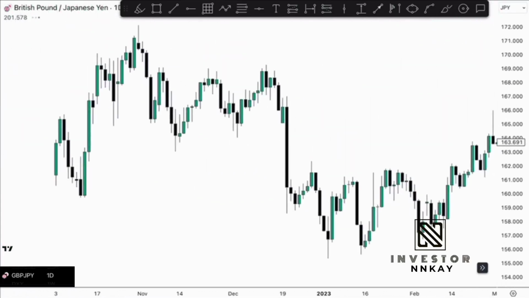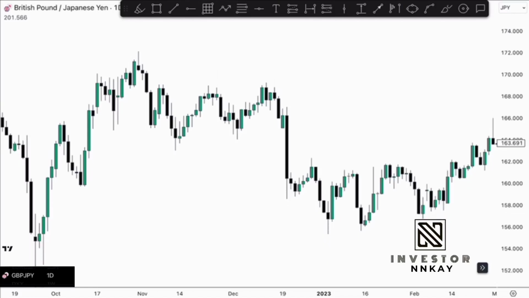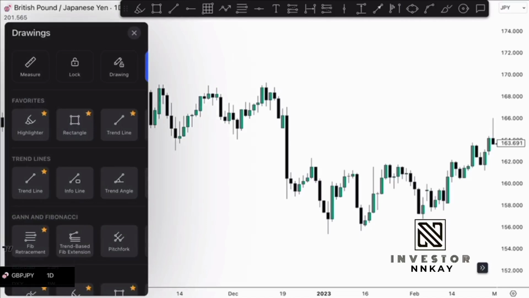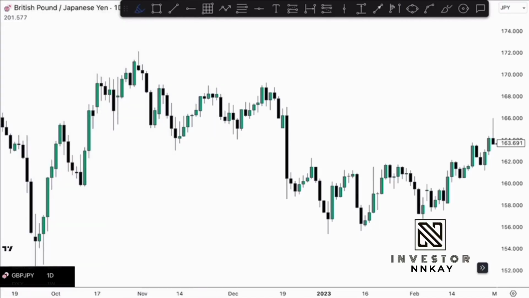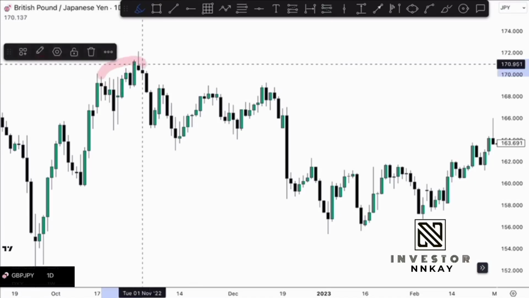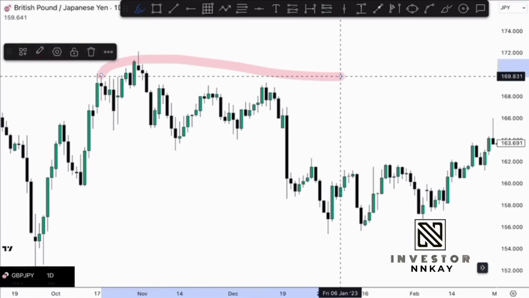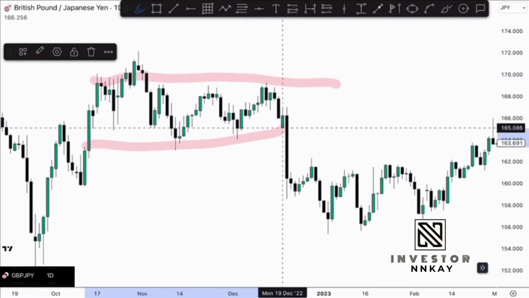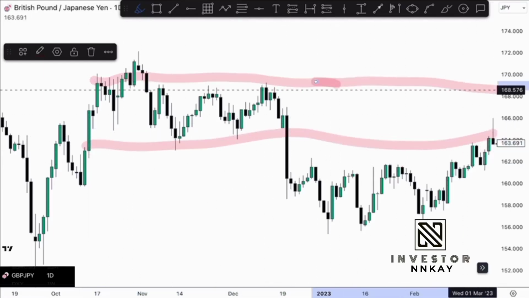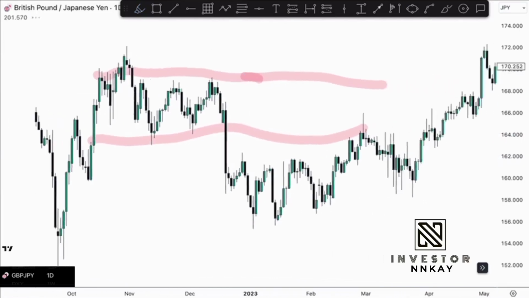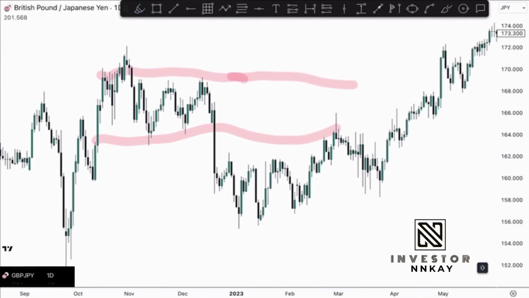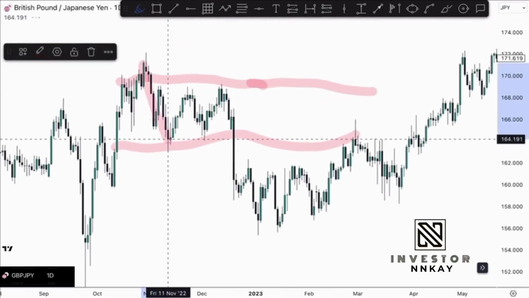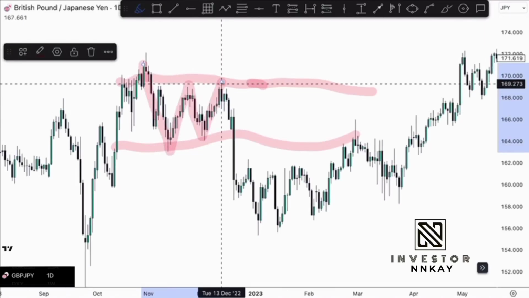Okay, so let's consider another example. So there is this resistance zone here, and then there is this support zone here. Okay, so let's see what happens here. Price is trading between this zone and this zone. So here now you can take a sell,